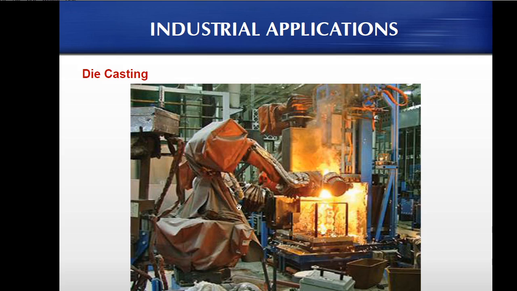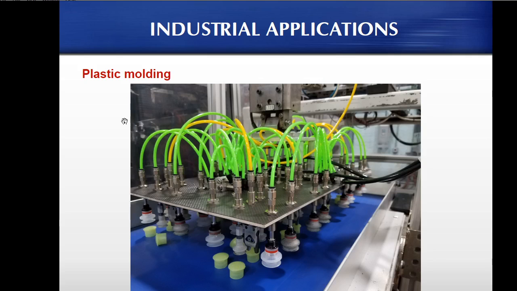so that much of heat has to be compensated on this particular wrist side. Now this is a plastic molding application where you can see there are several plastics which have been molded into different shapes. Okay, so for that you are having different types of vacuum grippers or magnetic grippers. It's basically a vacuum gripper. Using this robot, you're going to press it, and under pressure the plastic is getting molded into a desired shape. So the desired shape which has to be obtained is being fixed using this gripper end.